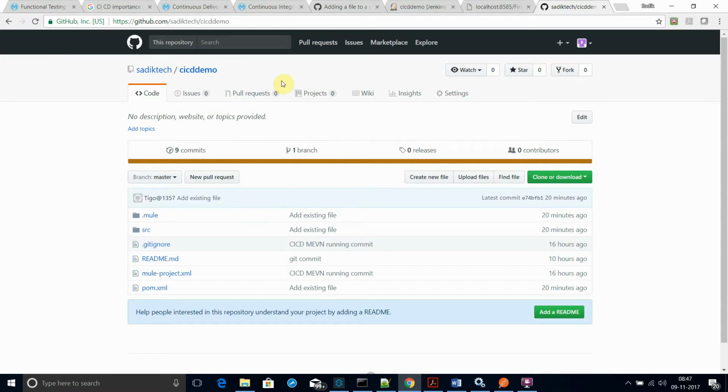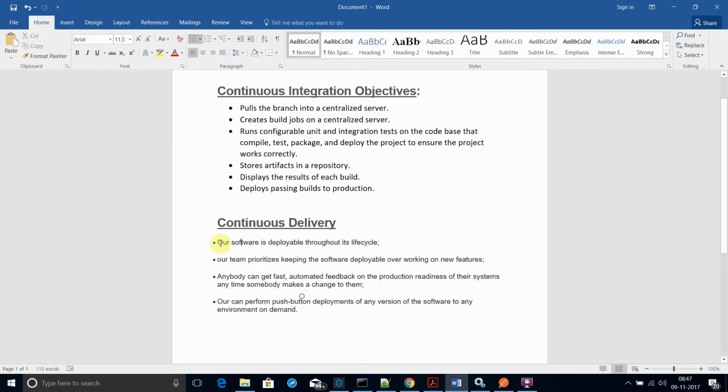In this way we make sure the code is centralized, and different teams, different responsible persons, technical persons or developers can do the development and commit in